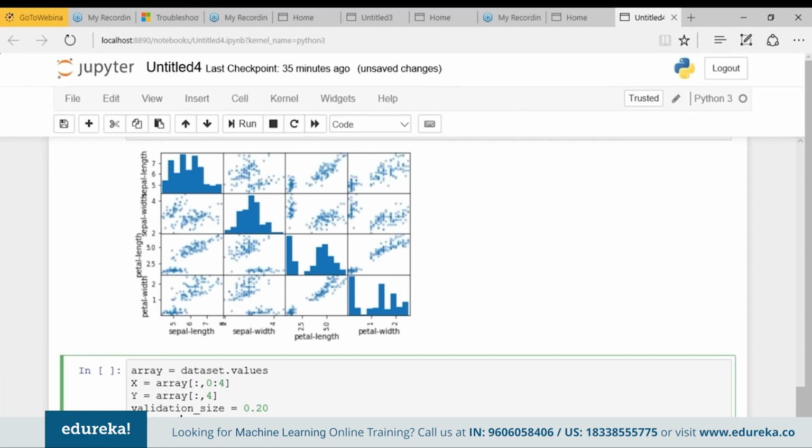Okay, so let me first define a few variables such as x_train, x_test, y_train, and y_test. What we want to do is select some model, so model_selection. But before doing that, we have to split our training data set into two halves. So train_test_split. What we want to split is the value of x and y, and my test size is equal to validation size, which is 0.20. Correct. And my random state